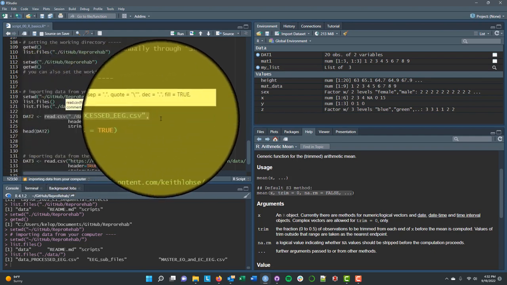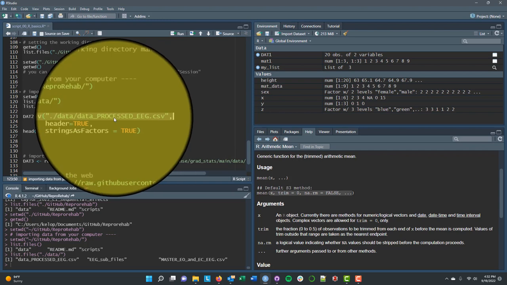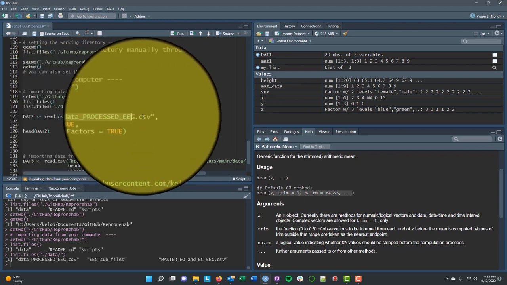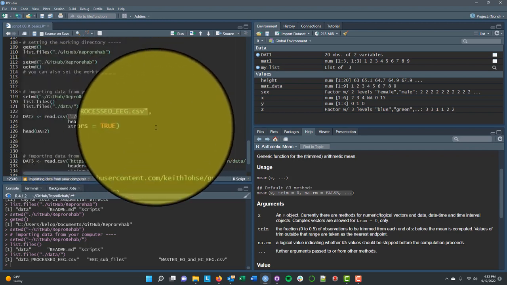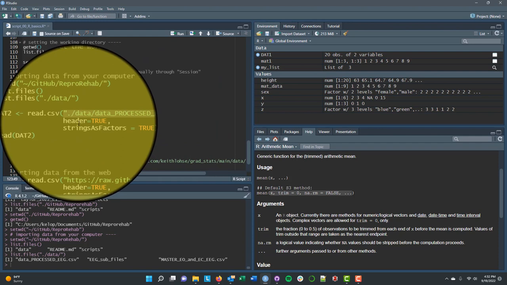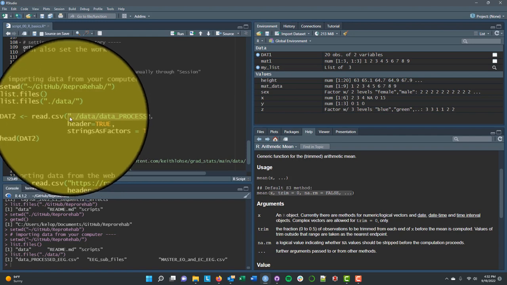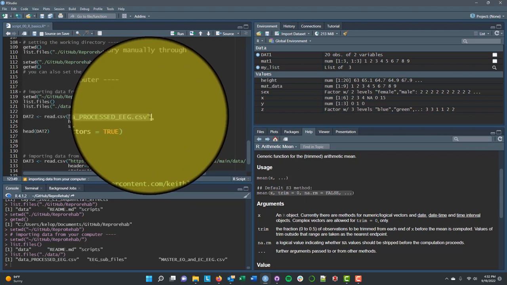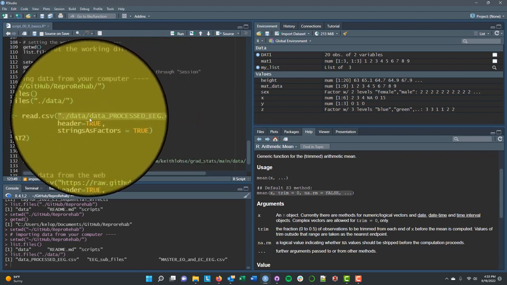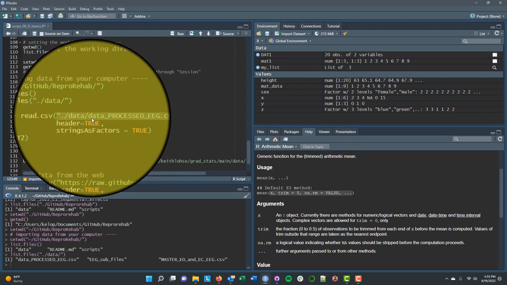And the read.csv function takes several different arguments. But the first one is I need to tell it where the CSV is located that I want to read. And read is basically a term like import, right? Or open. Read is like open, write is like save. So if I'm reading it from the disk, I'm reading it from my hard drive into the current R session. So I want to look in the data subfolder and I want to read the CSV file called